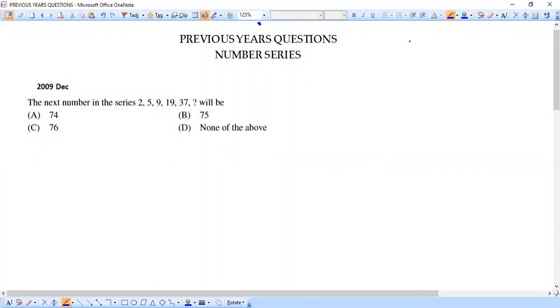So, as promised in our previous session itself, here we are going to start with solving the previous year's questions from the topics whatever we have seen already. You know very well, we have already completed the topics number series, then alphanumeric series, and also coding and decoding. After seeing the concepts, we also solved a few sample problems from each of those topics. But from this session onwards, we are going to solve the previous year's questions.